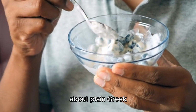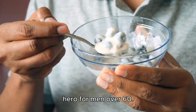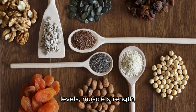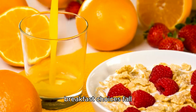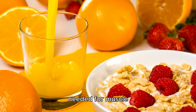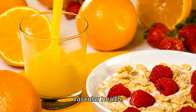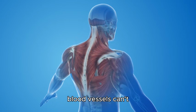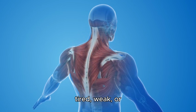Next, let's talk about plain Greek yogurt, an unsung hero for men over 60. This protein-packed food can transform your energy levels, muscle strength, and circulation. Many traditional breakfast choices fall short, lacking the protein and nutrients needed for muscle repair, strength, and vascular health. Without these building blocks, your muscles and blood vessels can't perform at their peak, leaving you feeling tired, weak, or